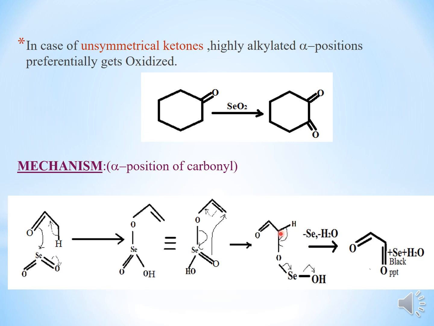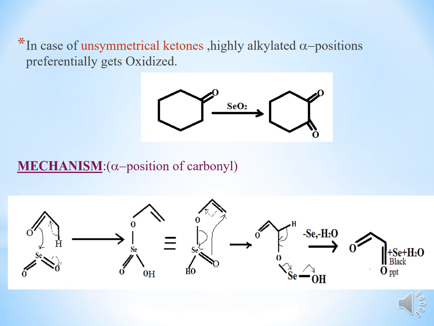So what happens, the hydrogen bond which is present with the methylene will open up and this bond shifts, and meanwhile this will break up. This whole moiety will go as Se, that is your selenium, will be cleaved out with one of the water molecules. Okay, so you are getting the dione compound with the cleavage of your selenium, that will go in the form of a black precipitate with the removal of your aqueous solvent.